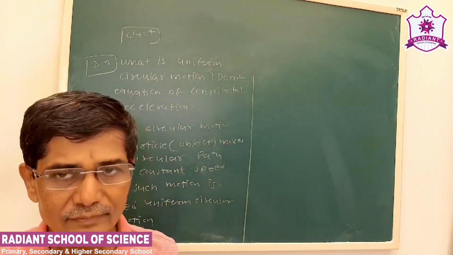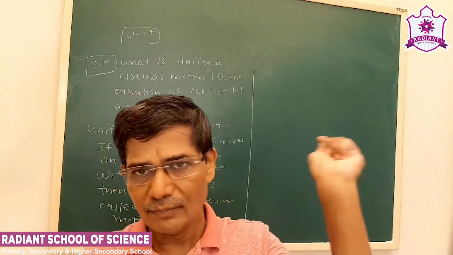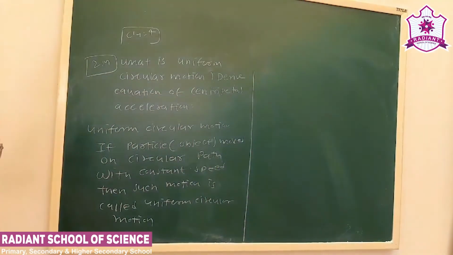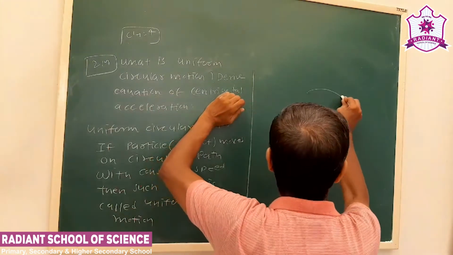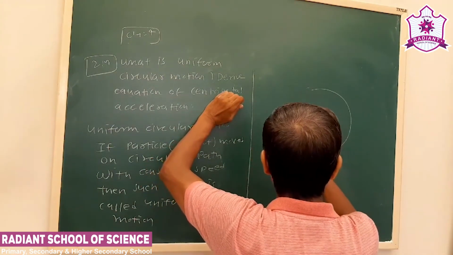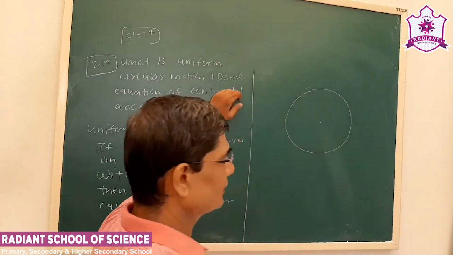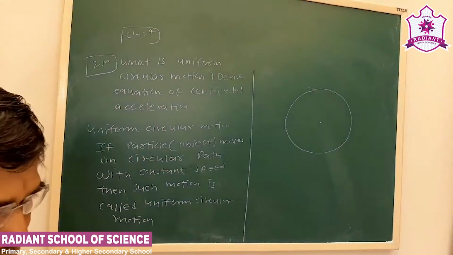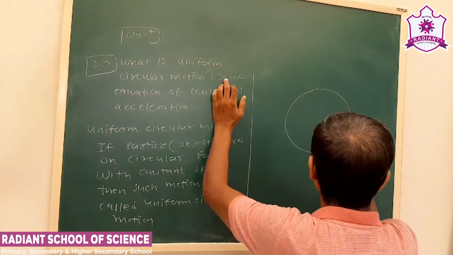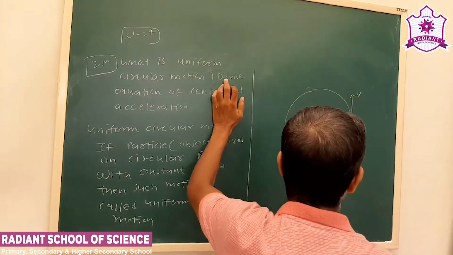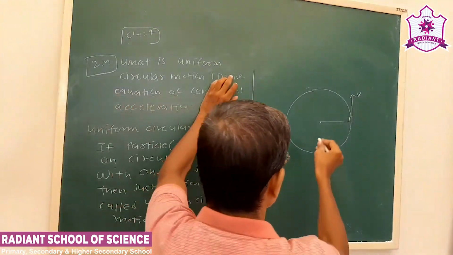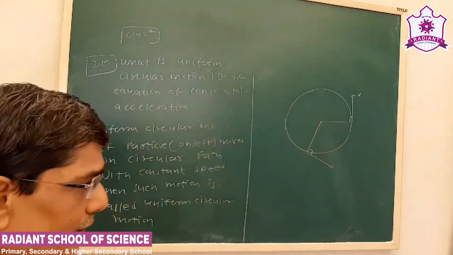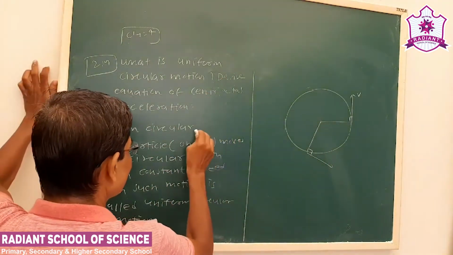motion. See, when you were small, you tied a stone with a string and whirled it around together, that is a uniform circular motion. Now see the important thing here. Now here is the theory we studied in this lesson. At any point on the path, the direction of the velocity is tangent to the circle. Now see here, v is the speed, constant speed. That is also nice.